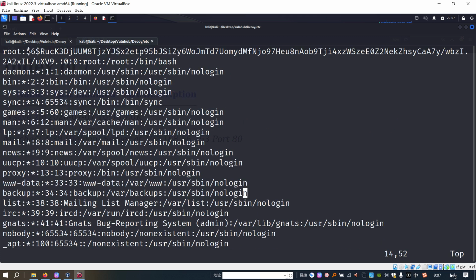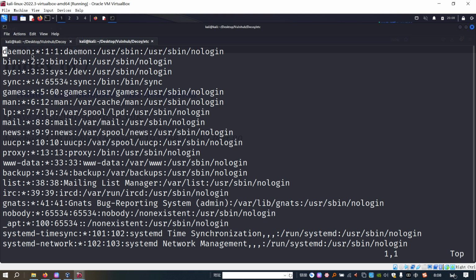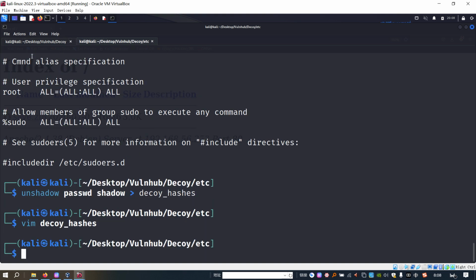Normally the root user's password would be complicated and strong enough. So to save time in this video, I'd like to delete the root line. We can delete it, okay, now we can write. Of course, if you want, you can also leave it as it is, and then we can use John the Ripper to crack it with a word list.